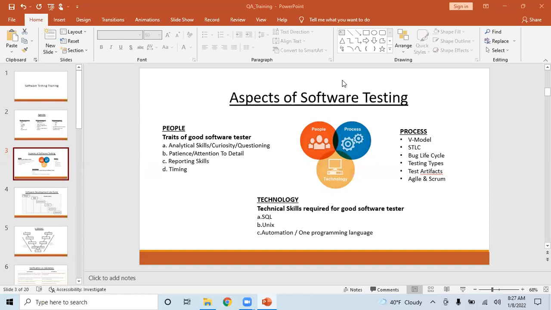People used to communicate in Word documents. They had a template in a Word document to document a bug. People used to open a Word document, write all the things in it, take a screenshot, put it in the Word document, and send it in a mail to the developer. That's the old way of doing things.